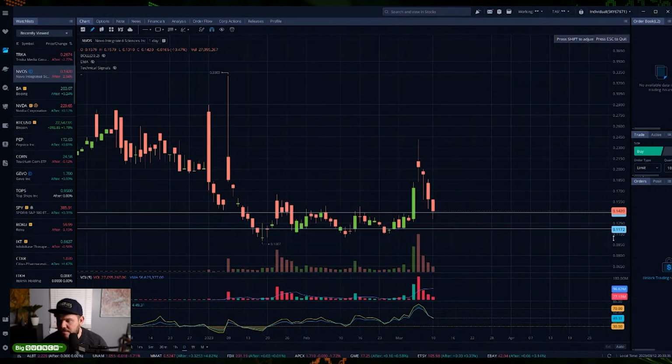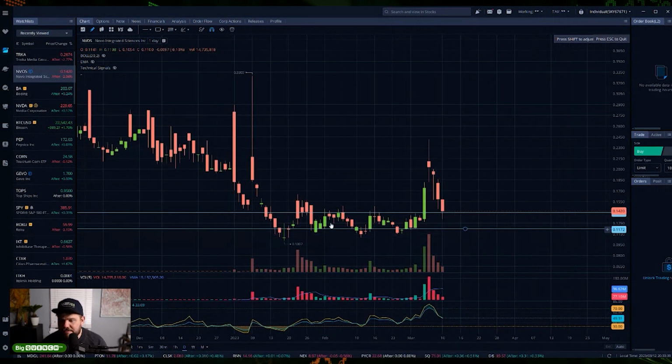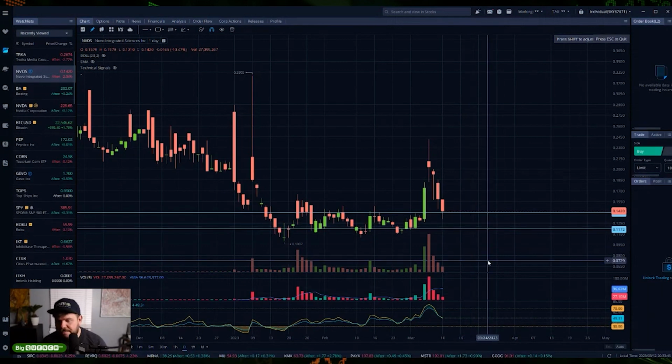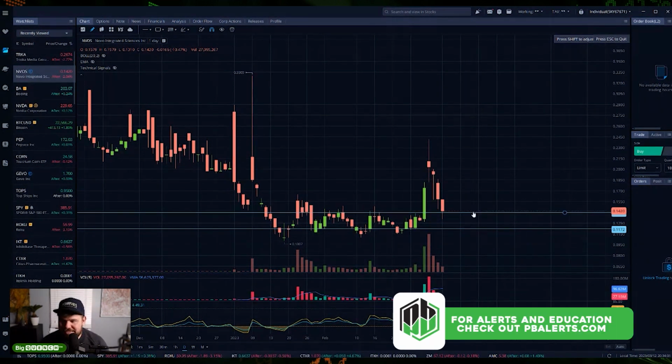So first and foremost, I'd say this range between 11 cents and 14 cents is critical here. If it can't hold above 14 cents, it's probably going to come down to 11. And if so, I think that could present a buying opportunity should the volume be there. So if we can stay above 14 cents here, we've got a pretty significant resistance, but we do have some